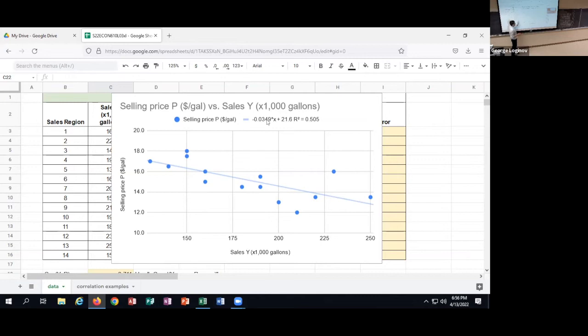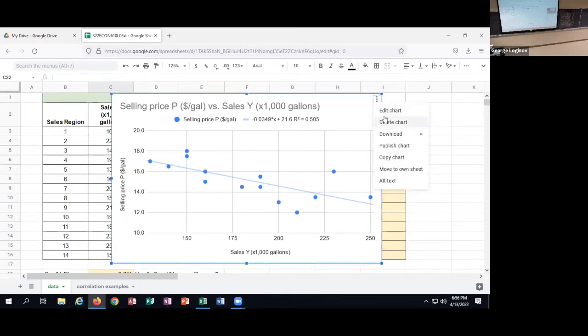So now we're going to perform the second simple trick. We're going to go back to editing the chart. And in the setup,